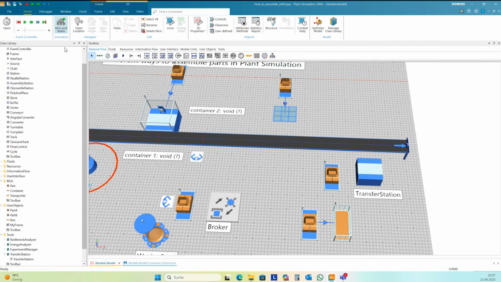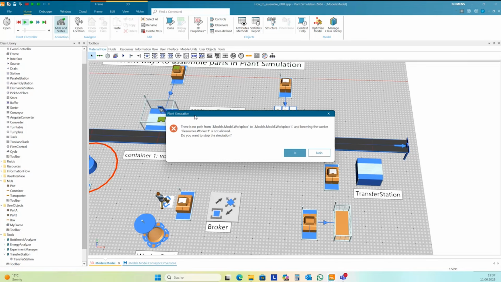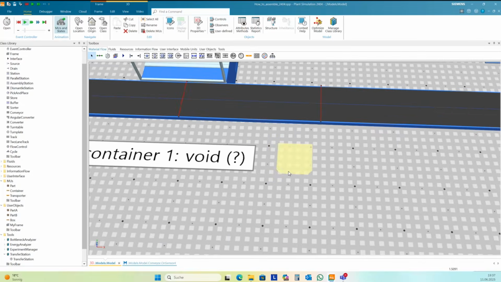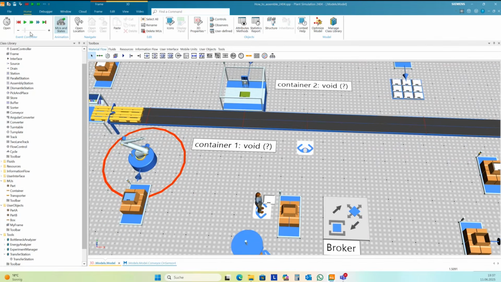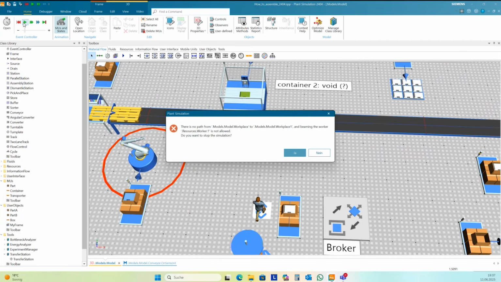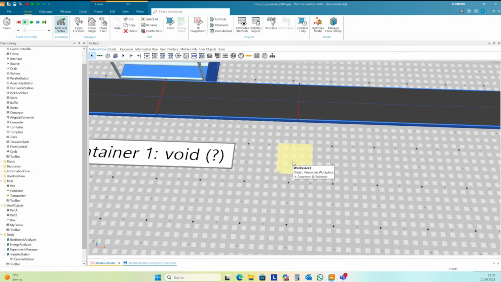I'm not sure how long this object exists. What's now here? Workplace one. What's wrong here?